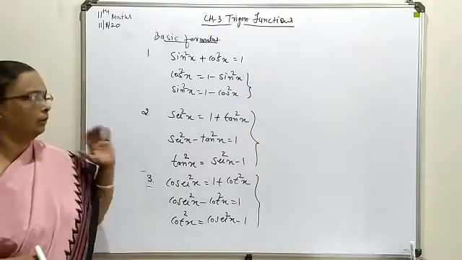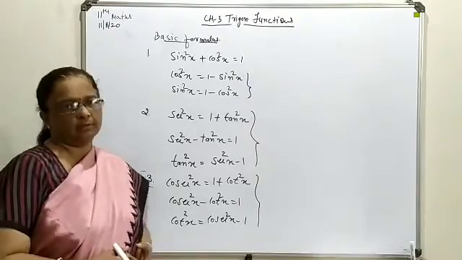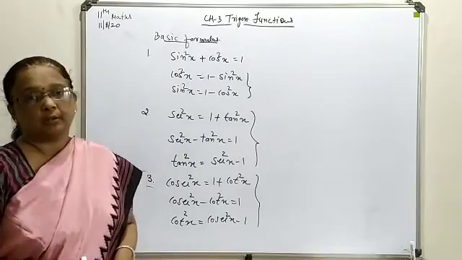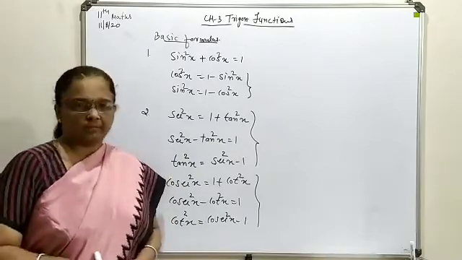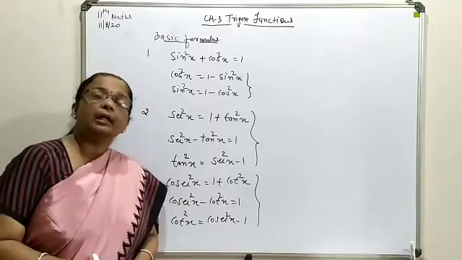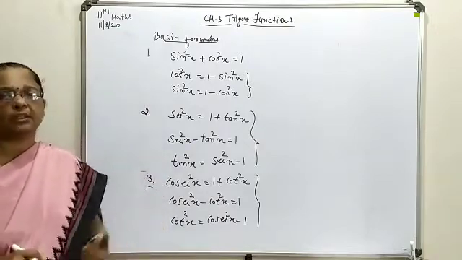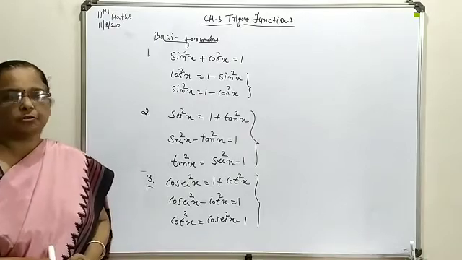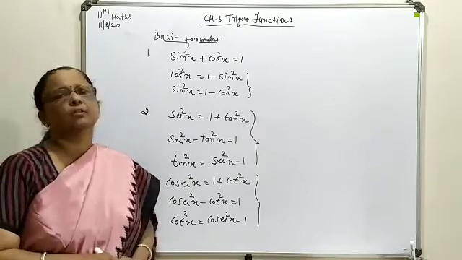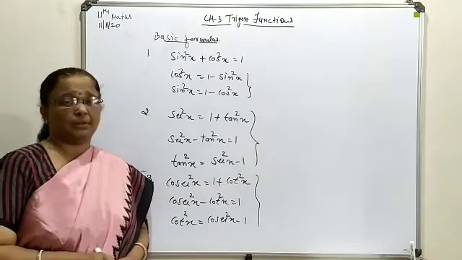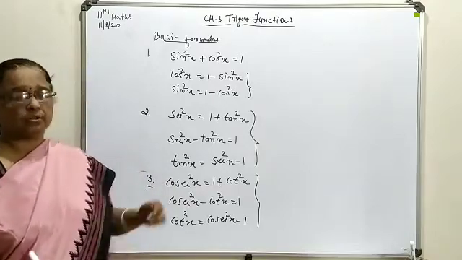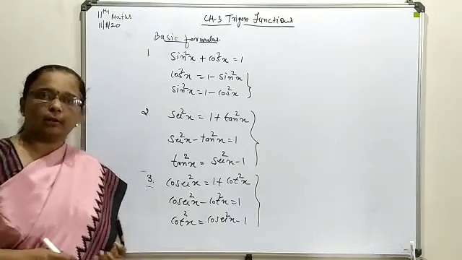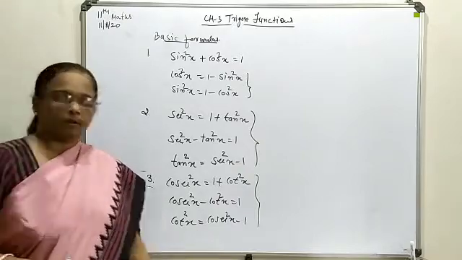Now one more thing here I would like to introduce you before I move to the question. If any of the fraction or any of the trigonometrical term is available, you must be clear about which ratio it shows. Sine is the ratio of altitude upon hypotenuse, same cos is the ratio of base upon hypotenuse, same with the tangent. So that also I am going to repeat here and try to make you clear how to find the unknown quantity.